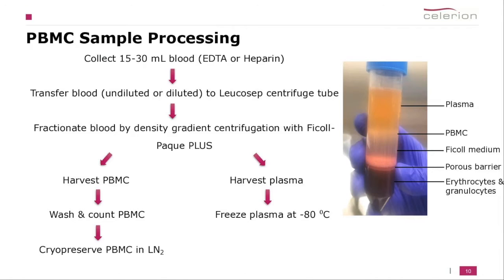So in this slide, we will see PBMC sample processing using the Celerion method. So first, we collect 15 to 30 ml of blood using EDTA or heparin as anticoagulant. The amount of blood can be adjusted based on the requirement of the assay. Then the blood is transferred undiluted or diluted to a Leucosep centrifuge tube. The blood is then